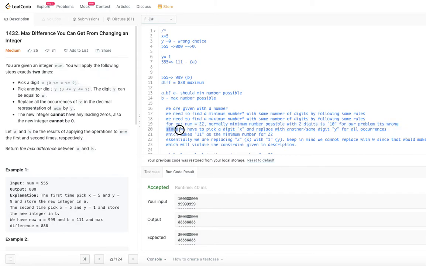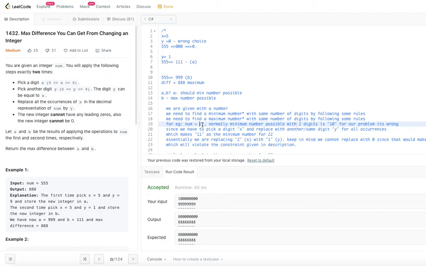So we have to pick a digit x and replace it with another digit y. So since the number is 22, for 2, if you replace 2 with 0, let's say, you need to replace this 2 also with 0, because of the third bullet in the restriction, the description. All the occurrence of x in the decimal representation of num by y. So we have to replace all occurrence of x by y. So that's the reason why 10 cannot be the lowest number possible. So you could replace it with 0. So that means the number will become 0.